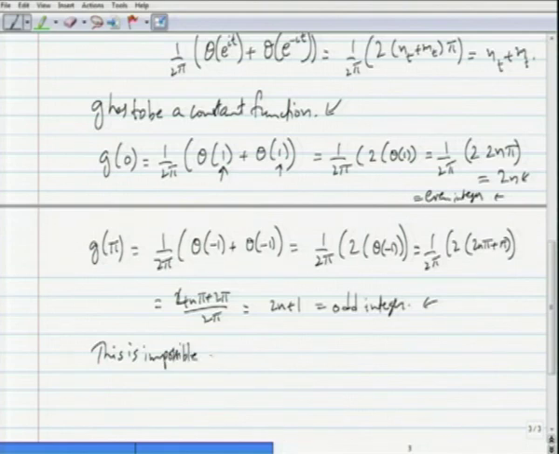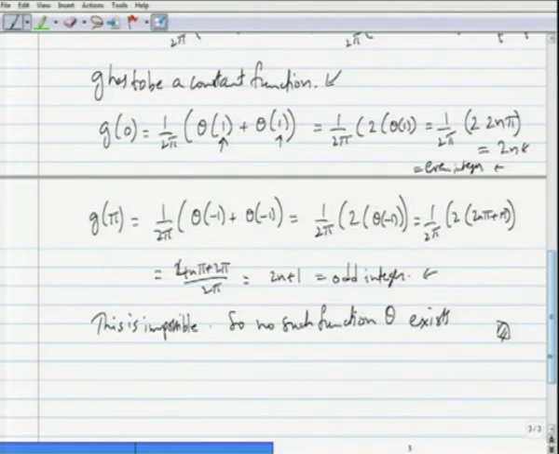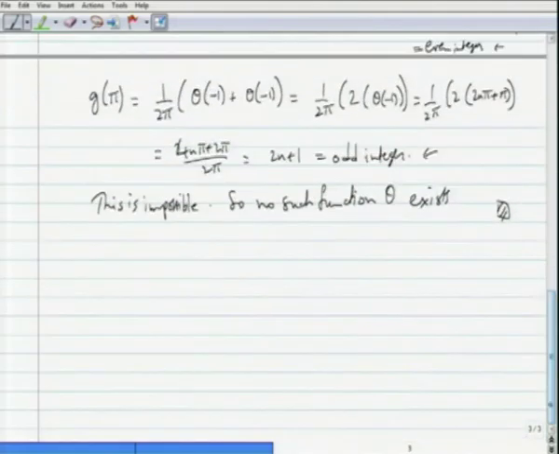So, no such function theta exists. That shows the impossibility of a continuous argument function on the complex plane minus 0. So, if we look at the visualization of this argument,